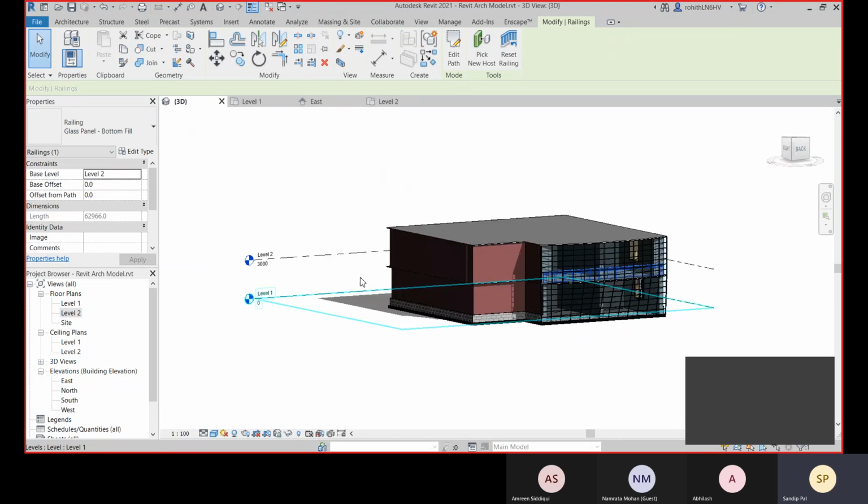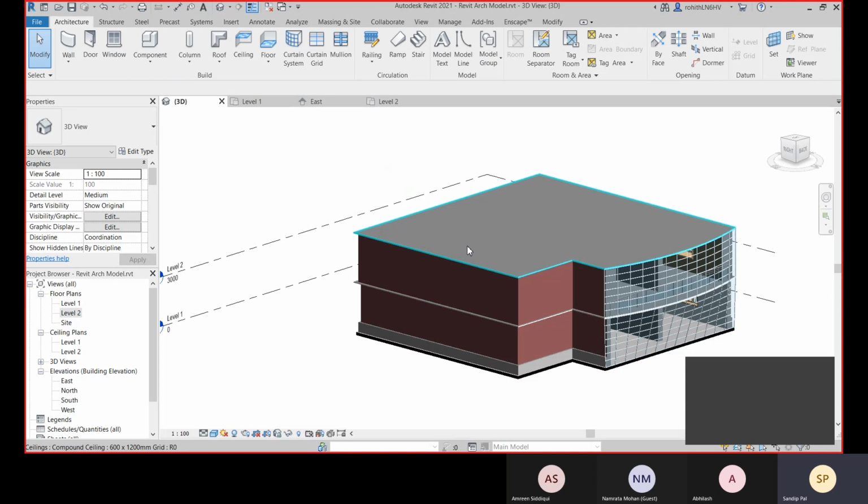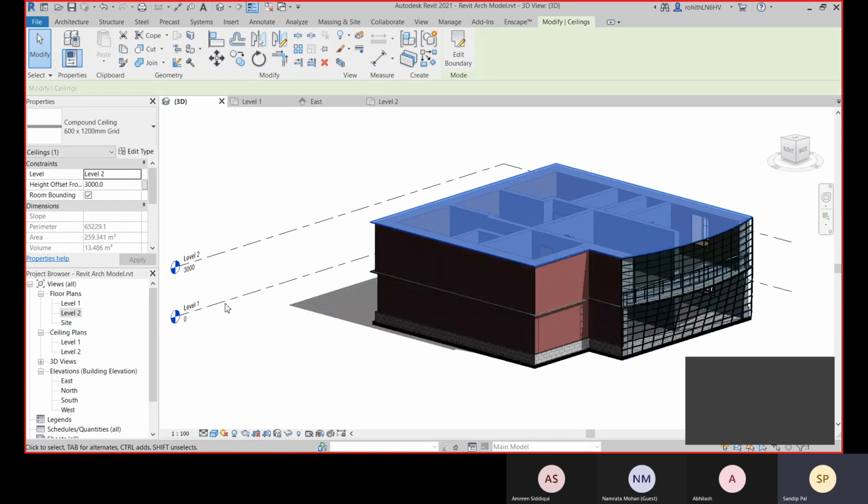Because there is no level over there, I'll go with Pick New Host. This floor will be the host, or else, because this is beyond this Level 2.